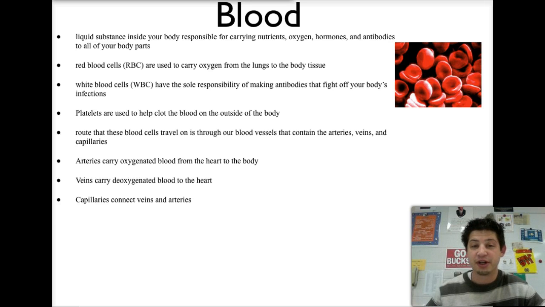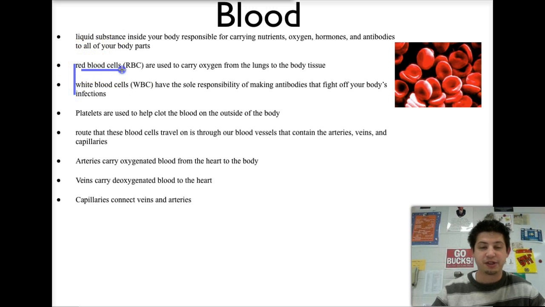When you take a look at blood, the component, it's a liquid substance that's responsible for carrying nutrients, oxygen, hormones, and antibodies to all of your body parts. And you have 2 different types of cells. You have a red blood cell and a white blood cell. And if we take a look at the 2 different types of blood cells,